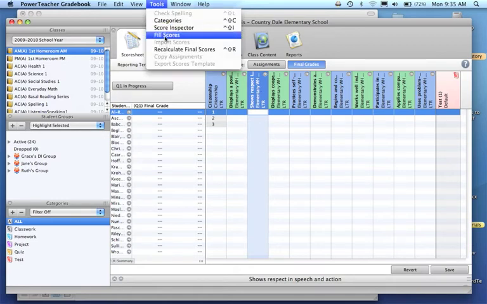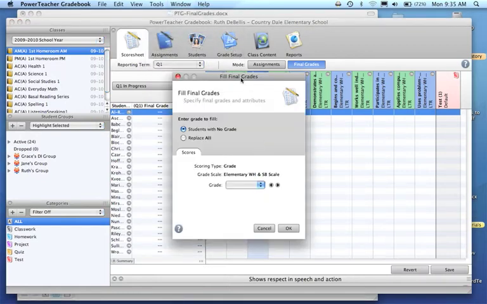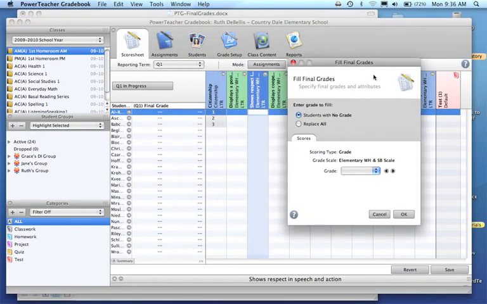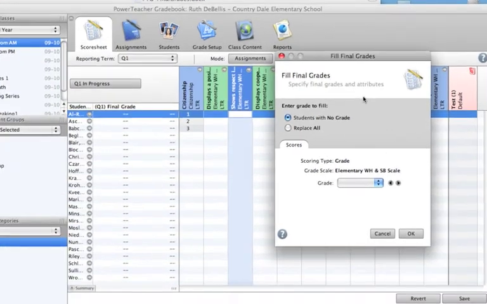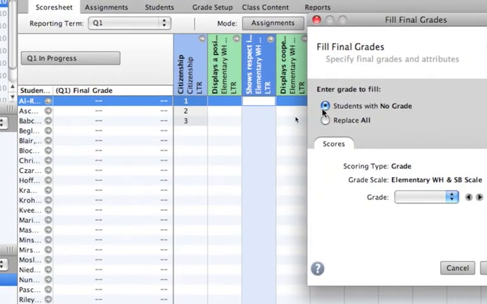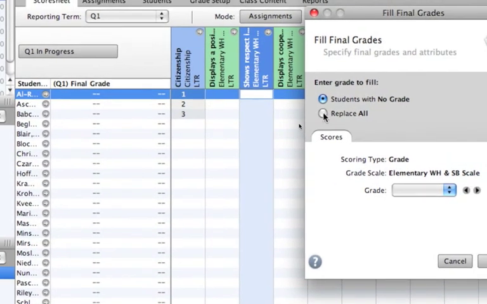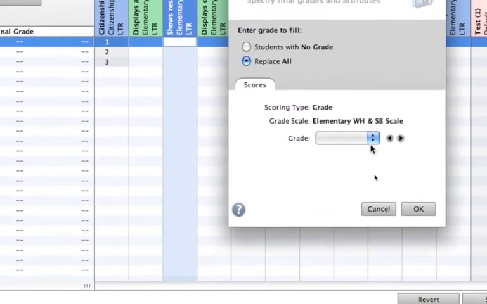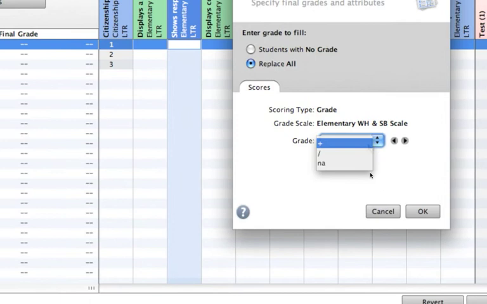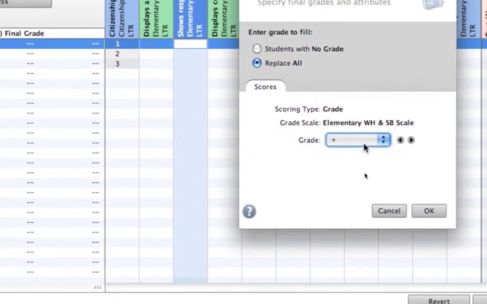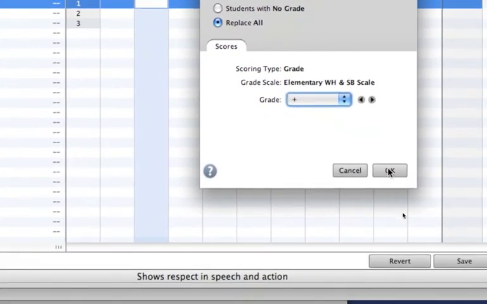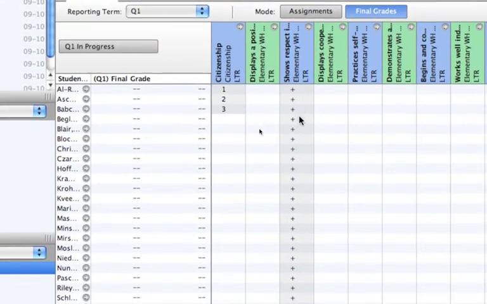and you go to Fill Scores. That brings up the Fill Final Grades window, and now you get a choice. Do you want to fill students that currently don't have a grade listed or a standard mark listed, or do you want to replace all of them? So if I was going to replace all, let's say for this particular standard, most of the students were getting the plus, I can click that and hit OK, and it is going to mass fill the column with the